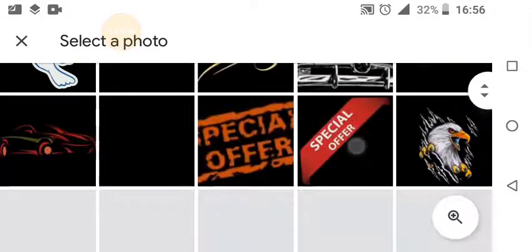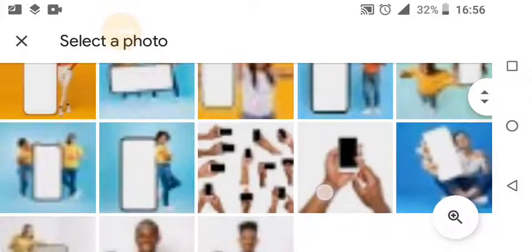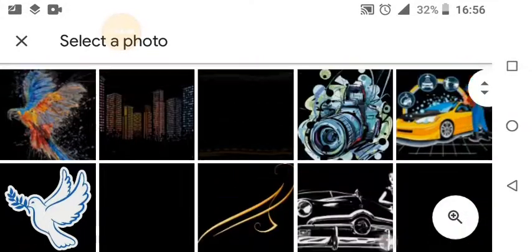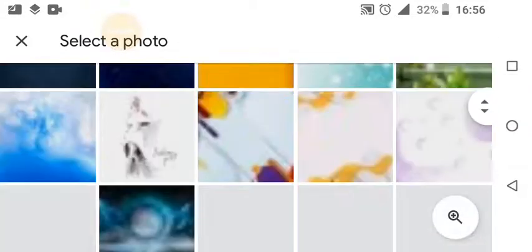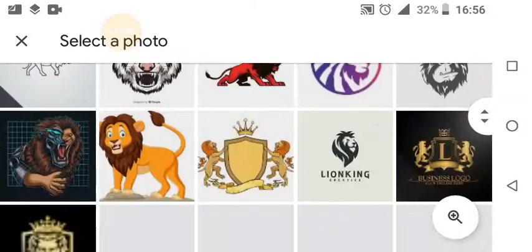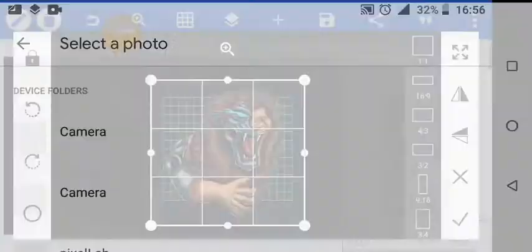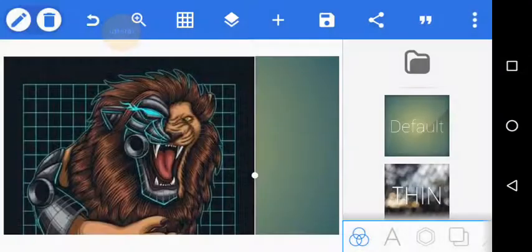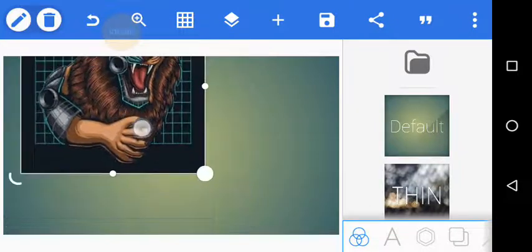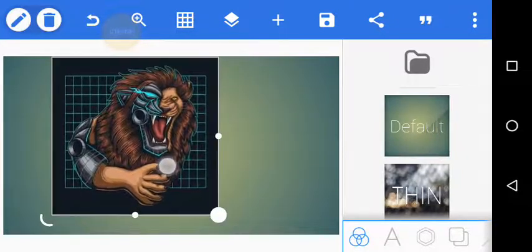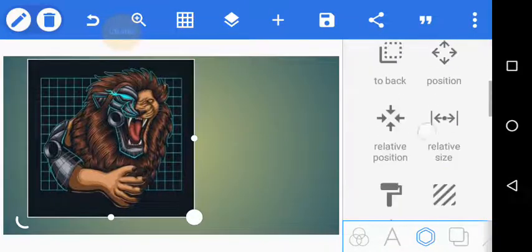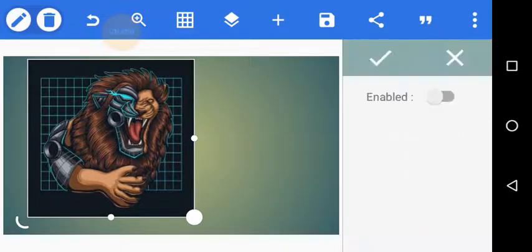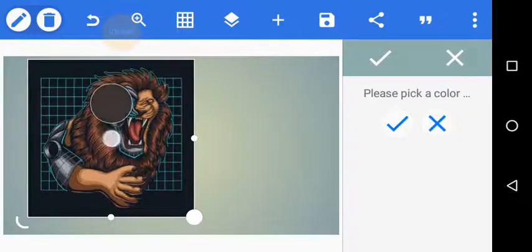So I'll go over to my pictures folder. I have this simple image here. What we want to do is remove the background of this image so we can use it to work more effectively. Now when we remove the background, it's not going to be as easy as the other backgrounds we have been removing,